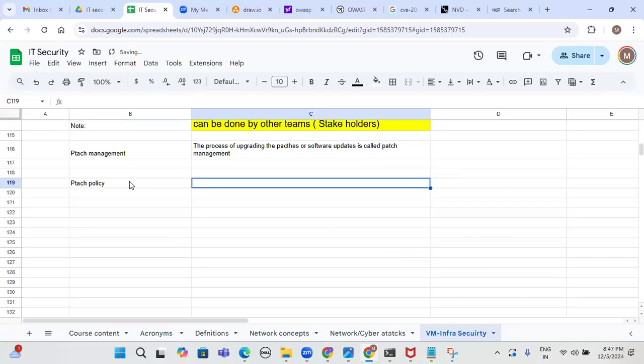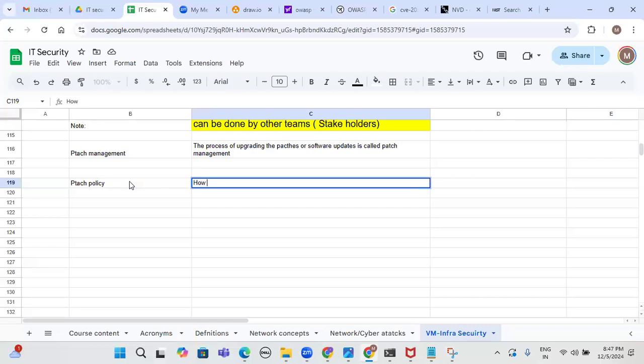Whenever any vulnerability is identified, what is the time to fix it? Whether they will fix all critical or all high, all medium or low or informational. Maybe they cannot fix critical also. That's what I said in the morning. In case any compatibility issues exist from the server team or database team, application development team or mobile development team or product development team and so on, they will not do the upgrade. So patch policy, you can say